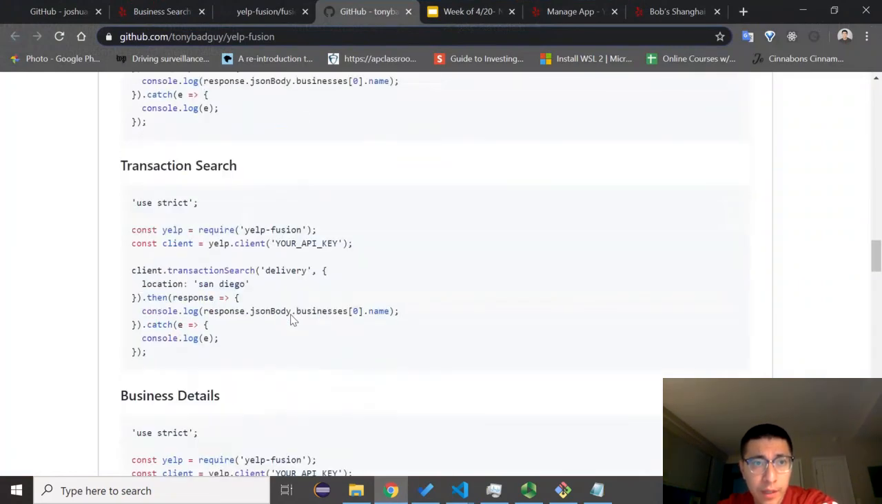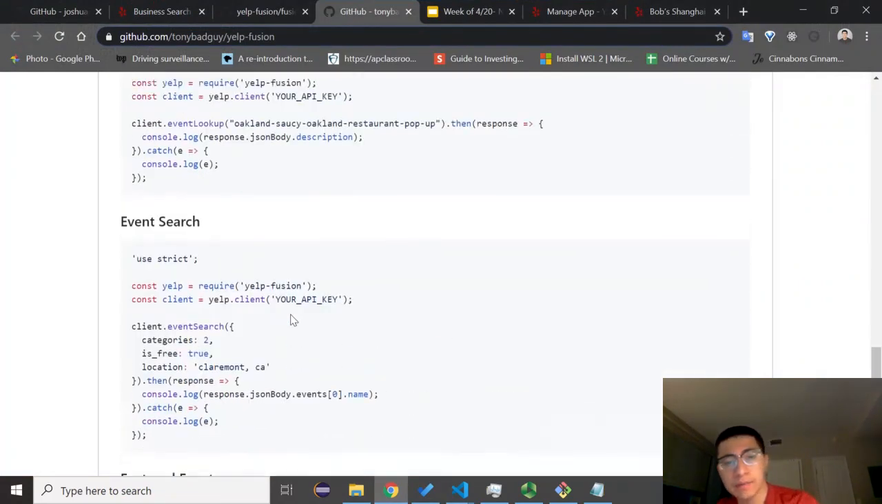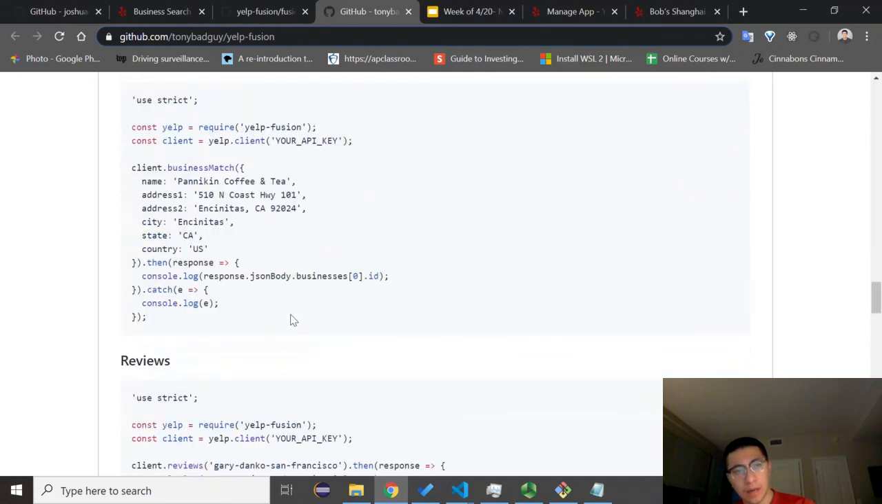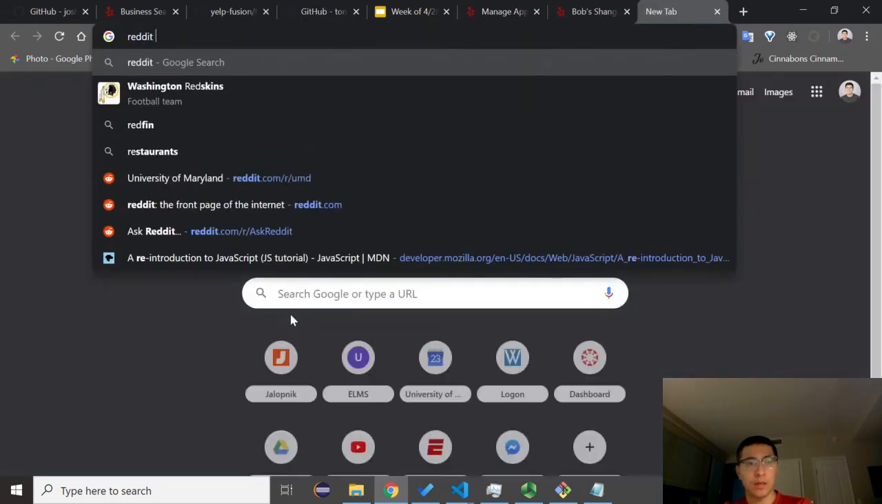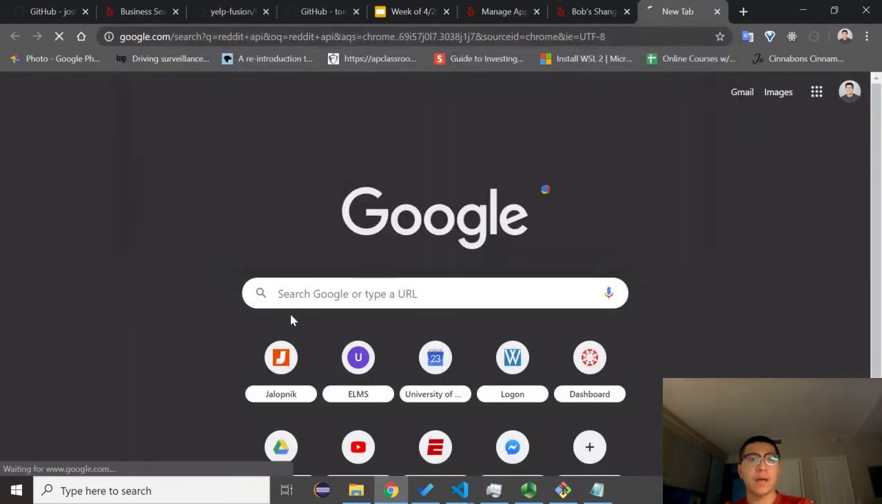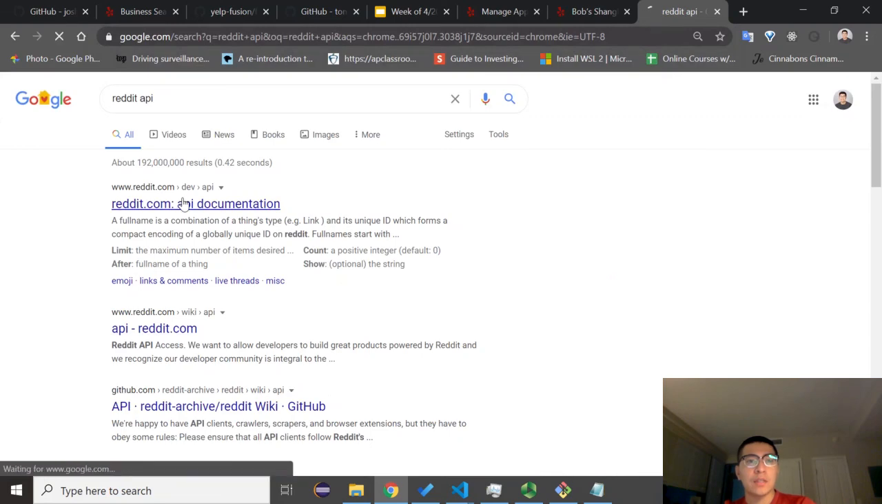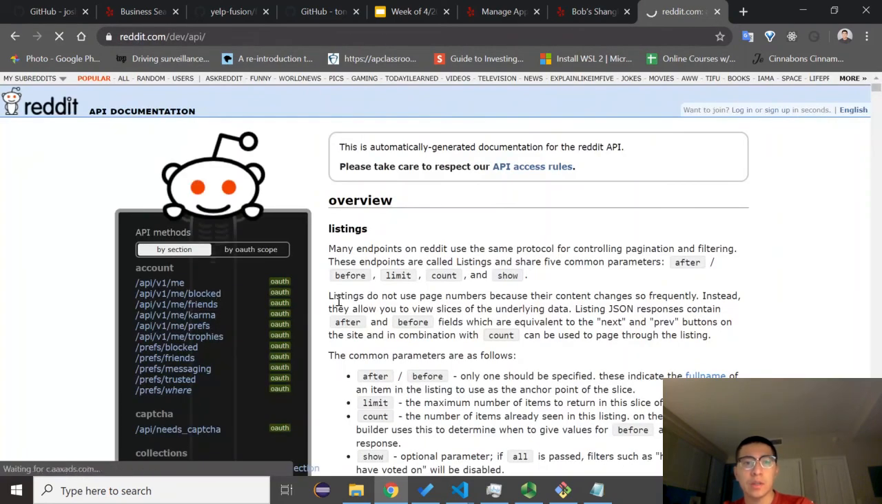Again, I highly recommend that you go through this page and take a look at any of these different events that you want to use with Yelp. Also, lots of different pages out there have APIs for you to use. I know Reddit has a good one. Reddit API documentation. I haven't actually looked at it, but